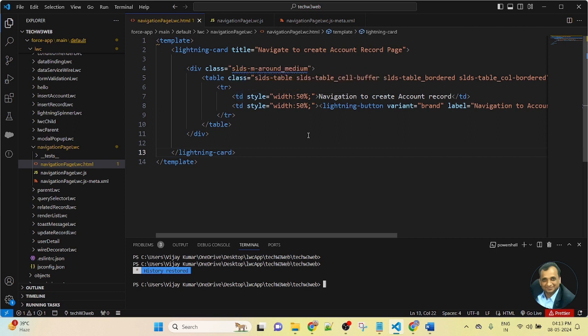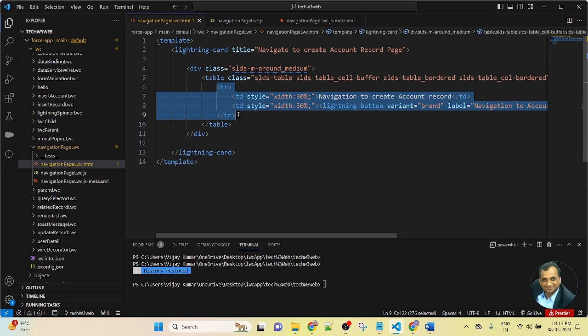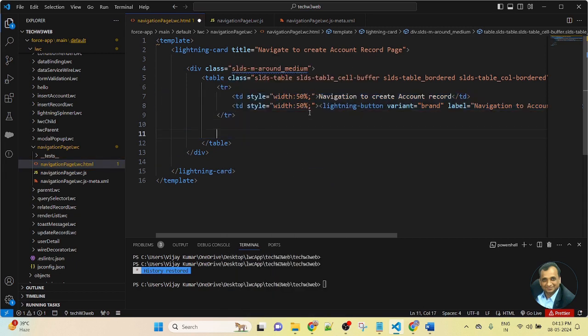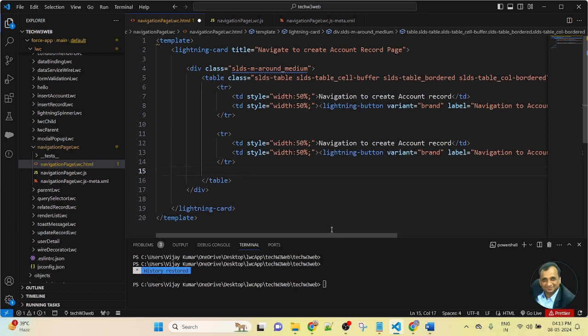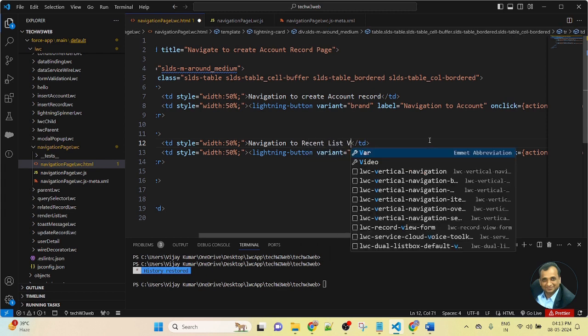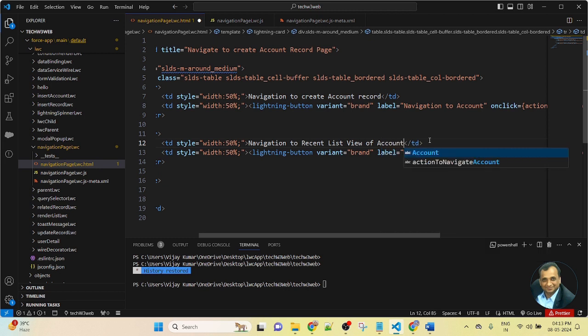So here I will be using the same component. First I create another row in the HTML. Copy the TR and paste it below the TR. And here I am navigating to the recent list view of account. This is a button, and the button name will be navigate to recent list view of account.